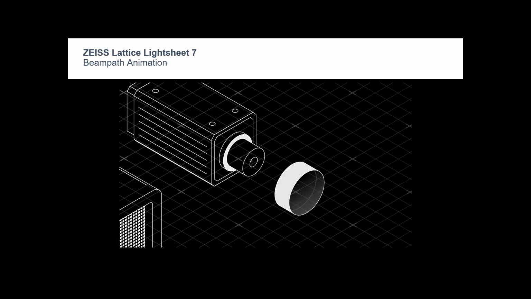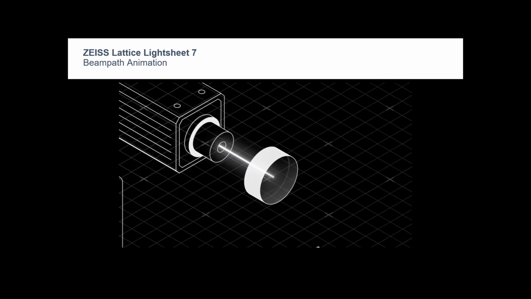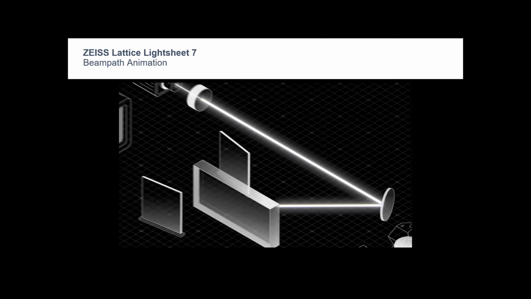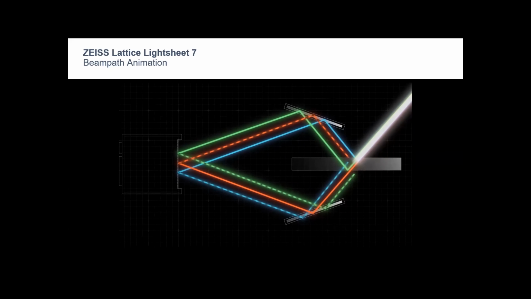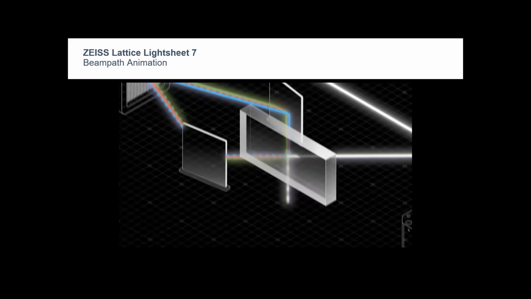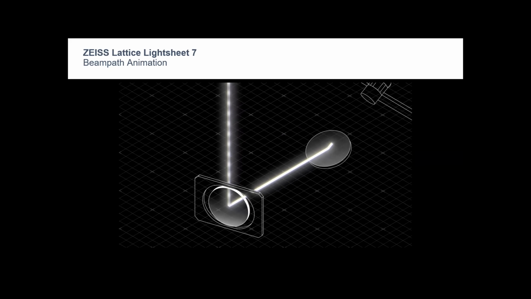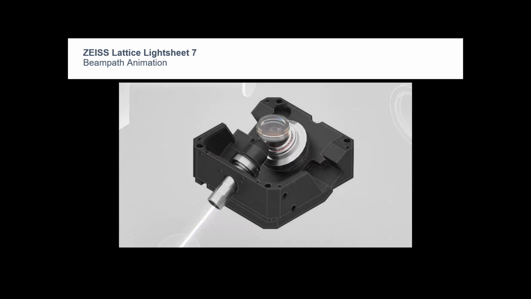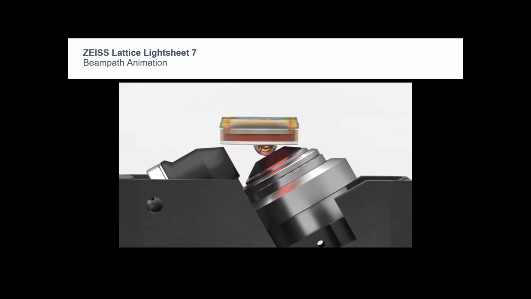I'm going to show you a beam animation here. There's beam shaping optics in which a laser beam gets shaped into a flat optical sheet, and then this sheet is transferred into its spectral components, and then that Bessel beam is built, and then the Bessel beam is dithered into a lattice light sheet. Now the lattice light sheet is projected through your excitation objective, and you can see it interfaces with your sample